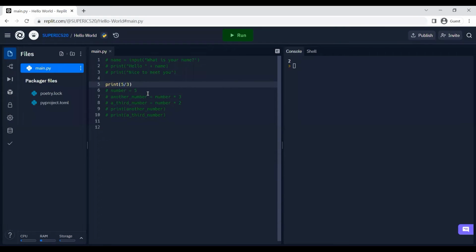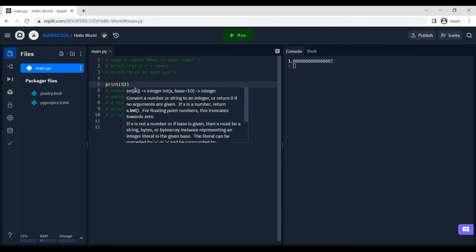So 5 divided by 3, it's going to be 1.6667, something. When you divide an integer by another integer, it's going to give you a decimal. And you may think it doesn't matter for now, but there are some differences between integers and decimals. But besides those basic operators,